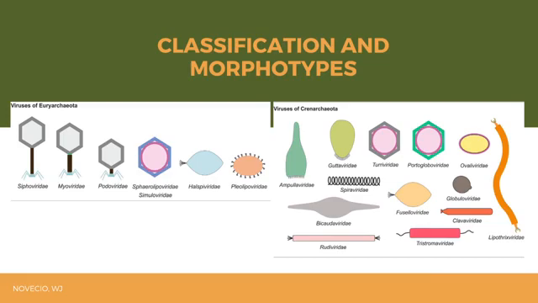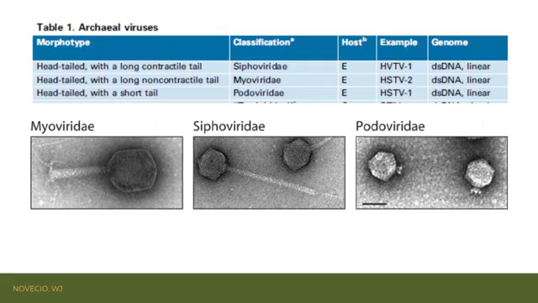So this figure is the representation of variant morphotypes of archaeal viruses infecting members of the phyla Euryarchaeota and Crenarchaeota. The discovery of archaeal viruses has revealed a number of unique morphologies. So I will be discussing one by one their distinct morphotypes, and let's start first with the head-tailed viruses. Similar to their bacterial relatives, variants of archaeal head-tailed viruses comprise an icosahedral capsid, which is the head, and a helical tail containing tail fibers, which play a role in cell recognition.